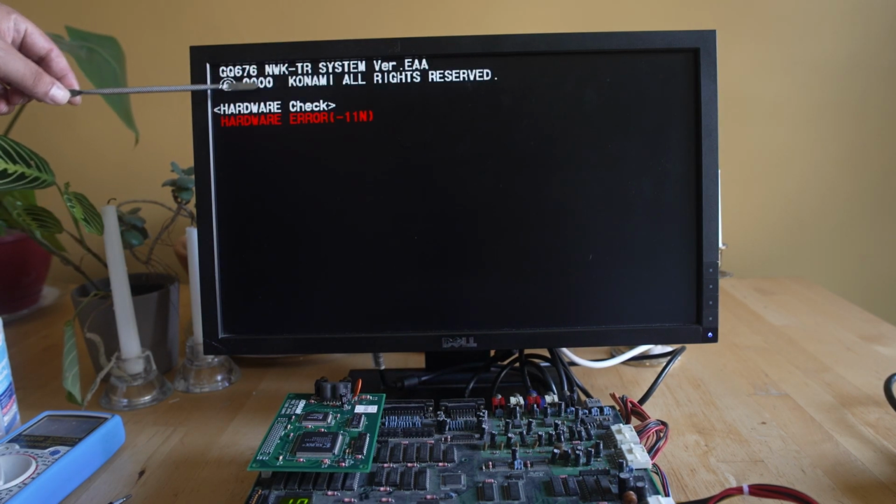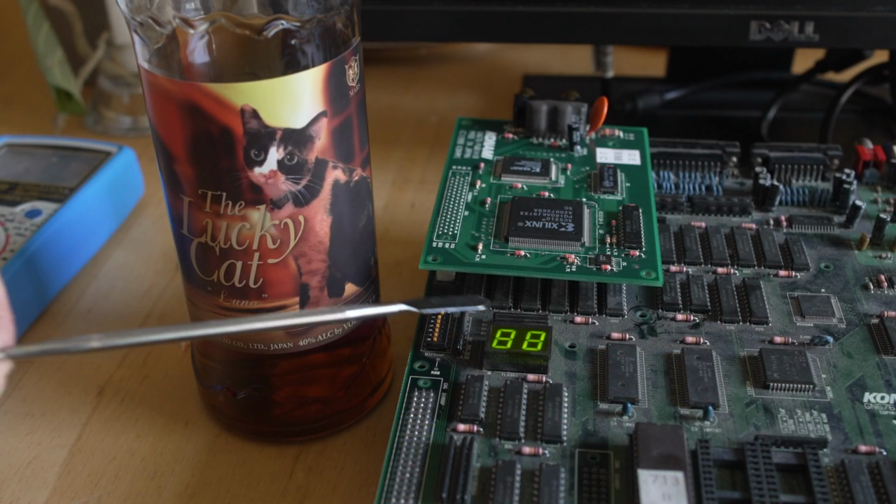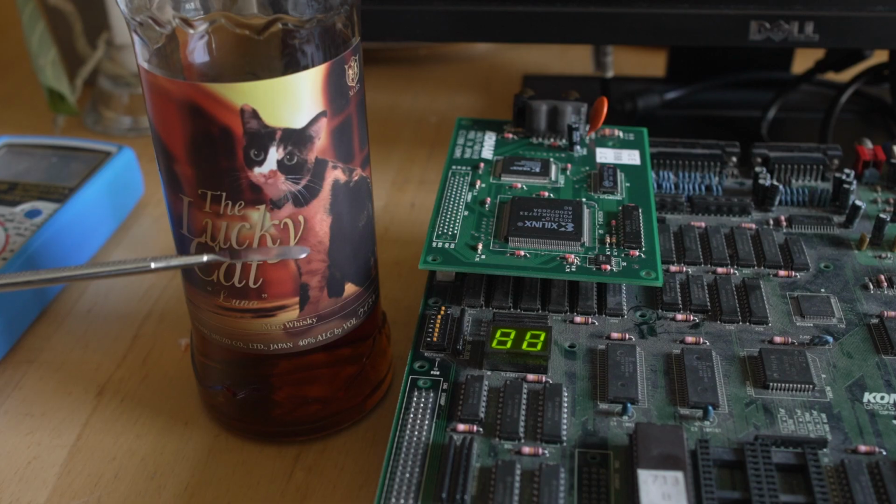And you'll see here again, it just doesn't want to boot. This is the final check before the game launches, and this drives me insane. We're getting to wanting-to-drink levels of complexity and confusion here, because it's not like this is a documented procedure. If you look up how to fix NWK-TR hardware, you're probably just going to find a post I put on the internet. And this is the full boot sequence on the GQ676 real-time clock variant,